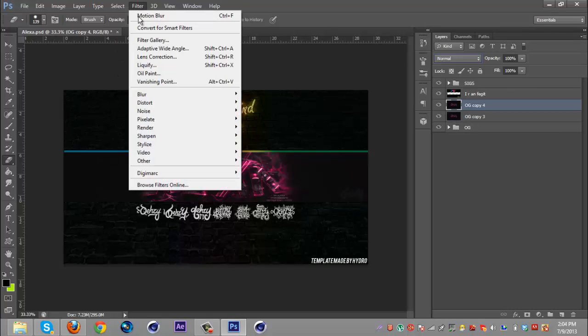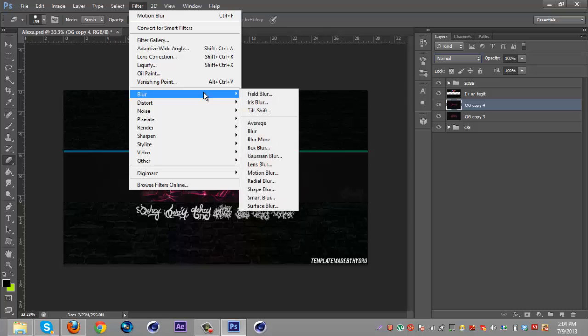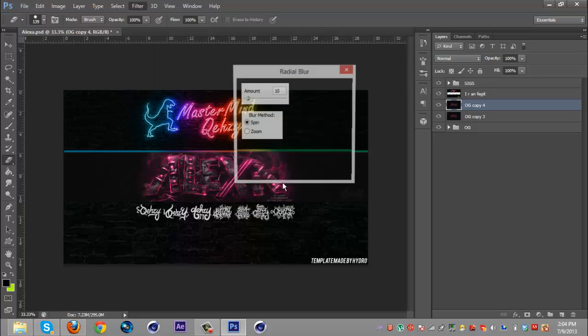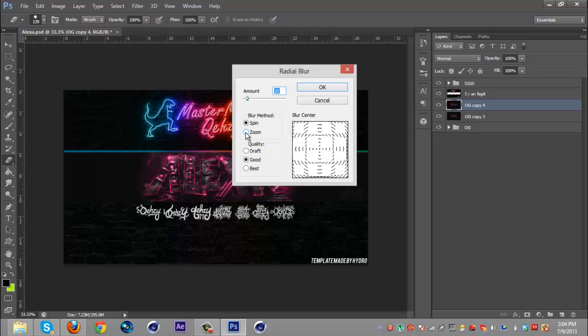Go to Filter, Blur, Radial Blur, and you're going to want to hit Zoom, and then you're going to want to hit Best, and you can adjust the amount. I go like 10 or 15. Usually on 15 I bump down the opacity to about 50 and then do a 10, just so it has a lot of blur coming at you. But for this one I just did 10,